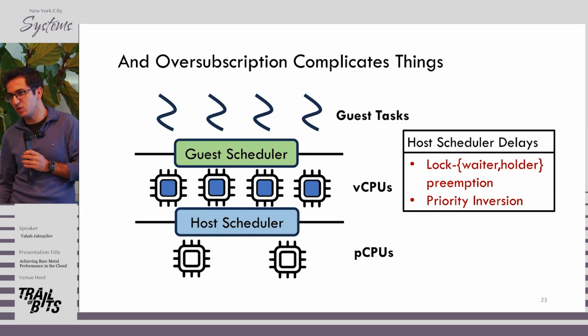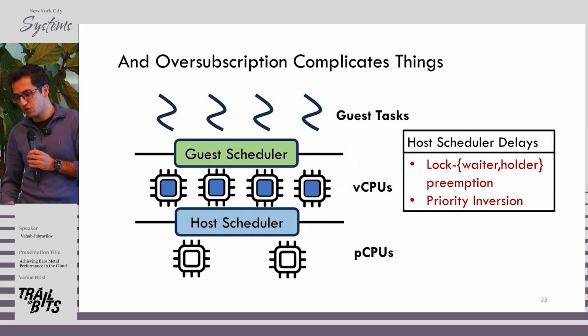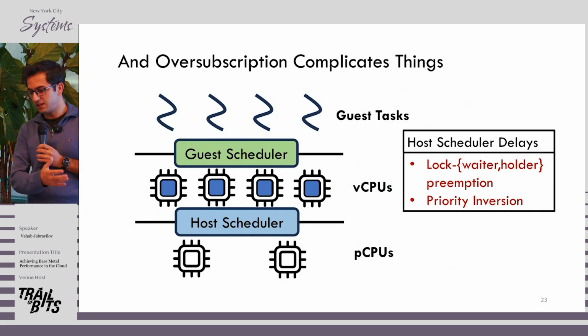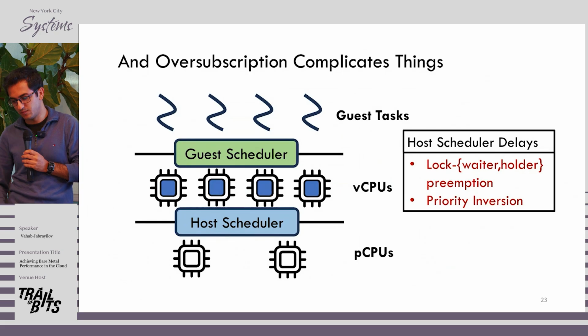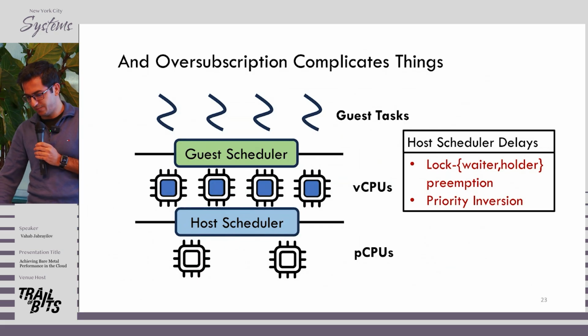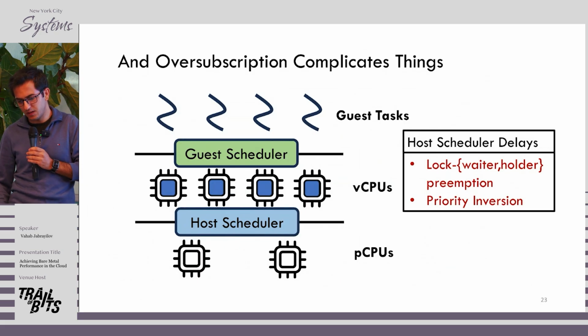Let's say if you are using a spot VM, it's highly likely that you are using some oversubscribed VM, which means you have more virtual CPUs given the bare metal than the available physical CPUs. And this creates a hidden contention. So there are a lot of classic problems here, namely lock waiter and holder preemption, priority inversion, which date back to early 2010s. There are a lot of classical works in the academia done. But I want to talk about some different problem